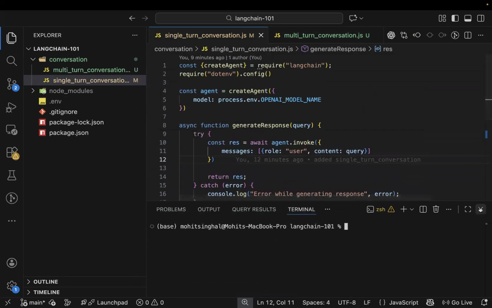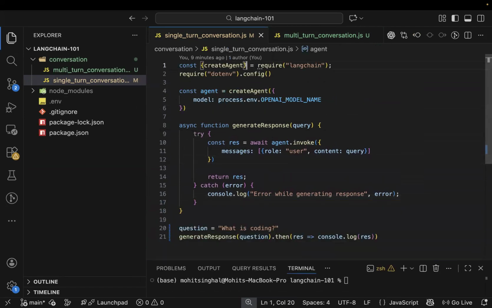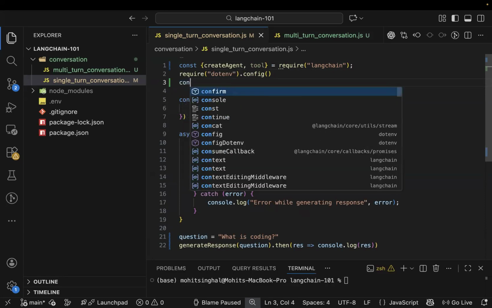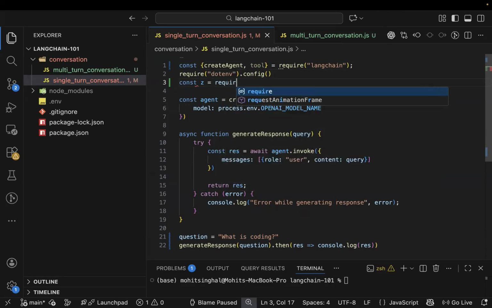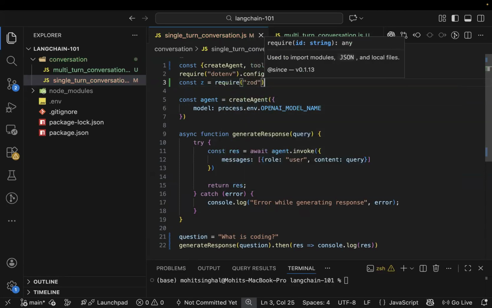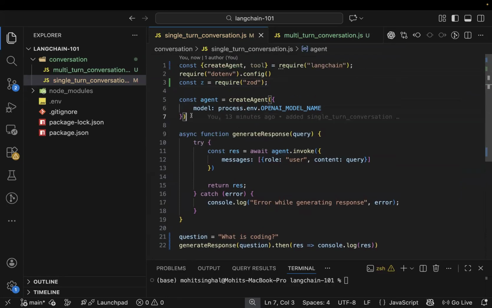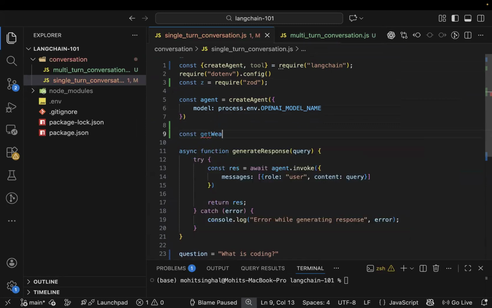I'm going to start with calling the tool from LangChain first. We also need Zod for creating proper types and all. So const z is equal to require Zod. And now we will try creating a function that will be get weather. So const get weather